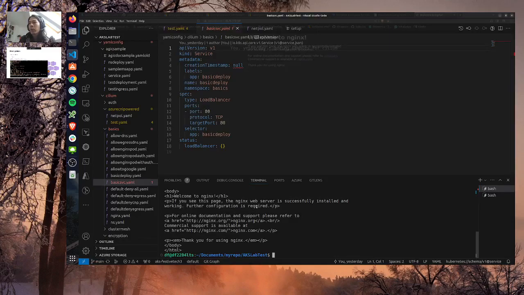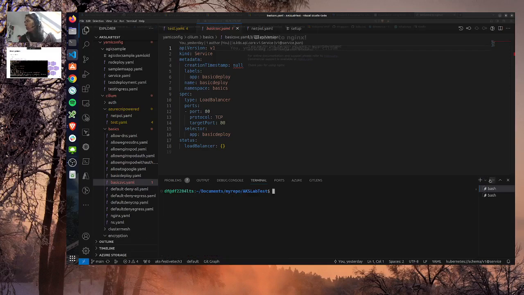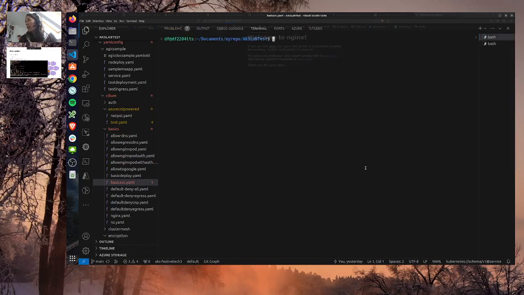So for now, this is just basic. What I want to check is maybe some Hubble, right? So to check some Hubble configuration, we need to first enable it from Cilium. So Cilium Hubble port forward.